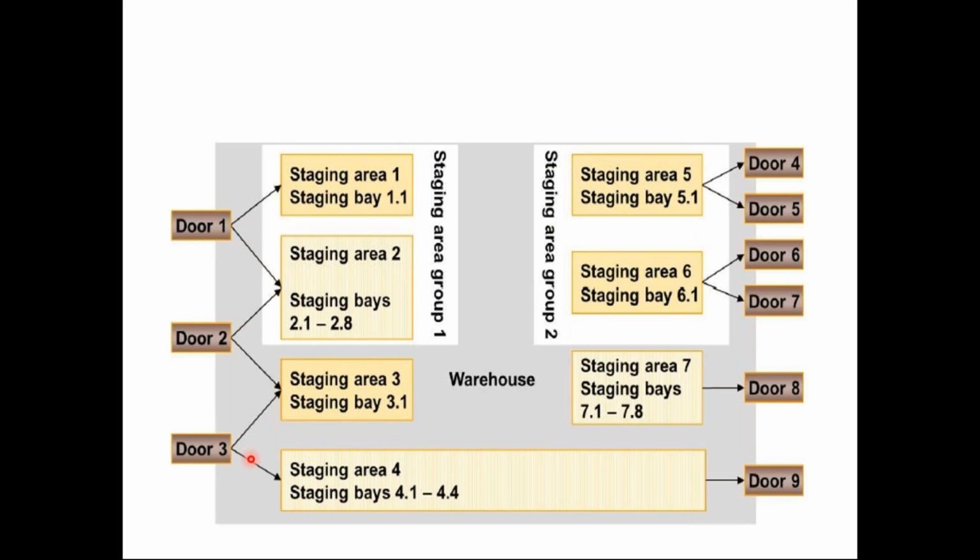So whenever a truck comes and is docked to the door, the staging area is automatically determined. That is one way. The other way is when a truck is scheduled to come on a specific date and time, through the dock appointment scheduling, an appointment is created for a particular door and a transportation unit. So when that truck comes, the system automatically assigns and determines all these things: this truck on this date should go to this door, and for this door